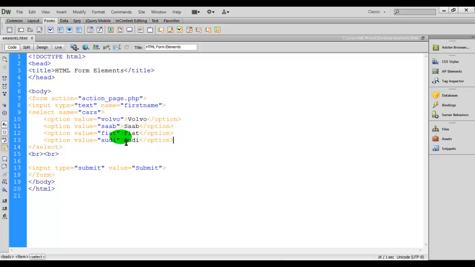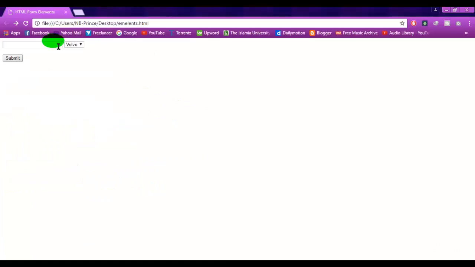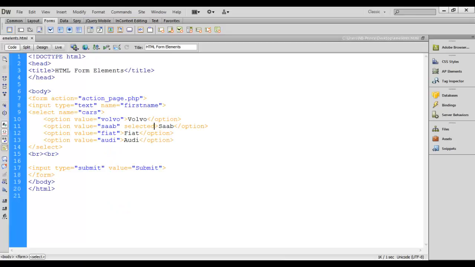The option element defines the option to select, and here we will write selected. Then this company will be automatically selected when we refresh the page, and the list will normally show the first item as selected. You can add a selected attribute to define a predefined option, and this is the Saab, and we have written selected here, so it will automatically select the Saab car company first.